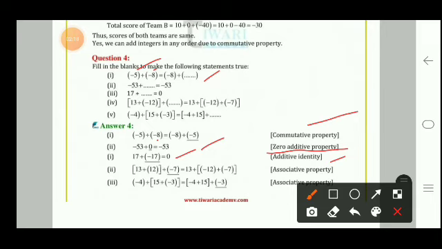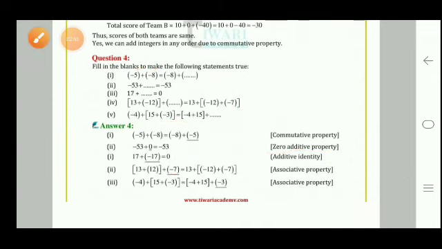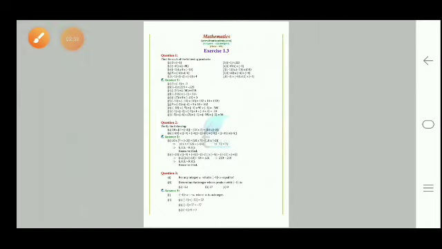Then we have 13 plus minus 12 plus 0 is equal to 13 plus this. If minus 7 is missing, we write minus 7 here. This is called the associative property because in that we have a plus b within bracket plus c is equal to a plus b plus c within bracket. Then in the fifth part, we see minus 4 plus within bracket 15 plus minus 3, and minus 4 plus 15 and so on. So this will be minus 4 plus 15 plus minus 3 is equal to this. Which term is missing here? Yes, minus 3 is missing here. So this is again the associative property. Okay, so this is the solution of exercise 1.2.